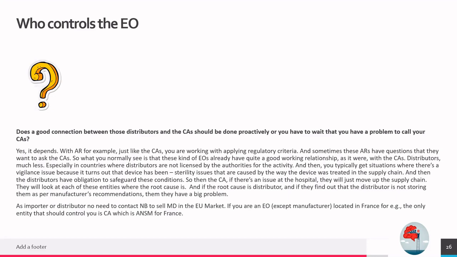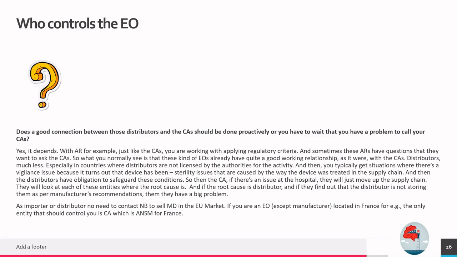Yes, it depends. With an authorized representative, for example, just like a competent authority, you are working with applying regulatory criteria, and sometimes these authorized representatives have questions that they want to ask competent authorities. If they have, they can also ask the other parties, because they are in the same supply chain. So what you normally see is that these kinds of economic operators already have quite a good working relationship. Distributors much less so,